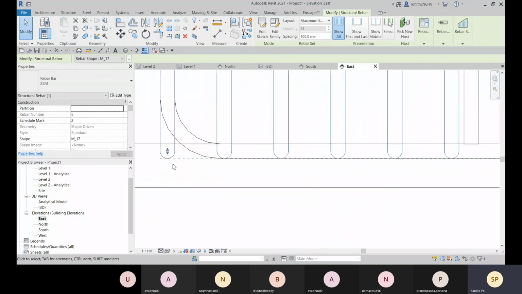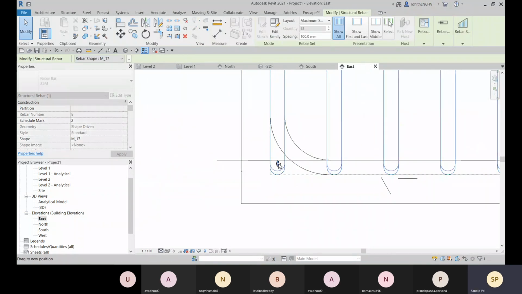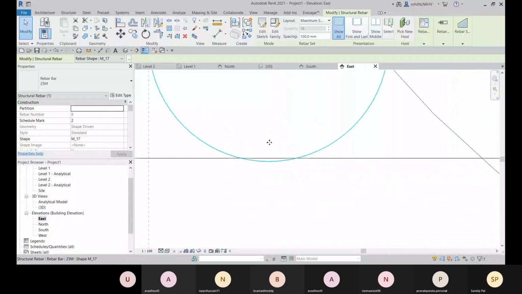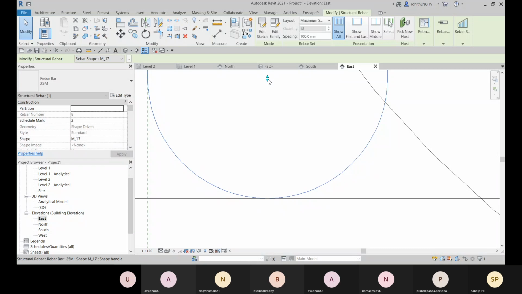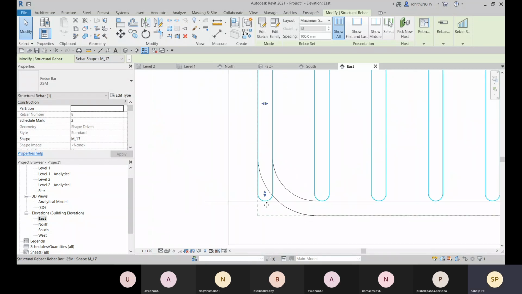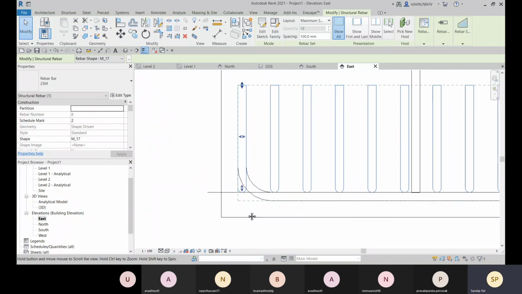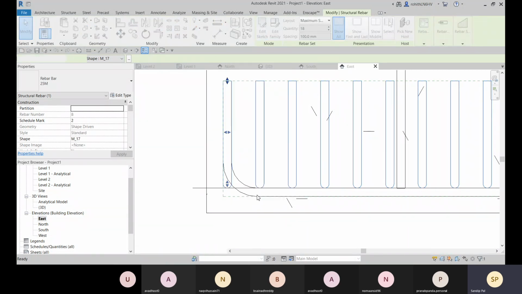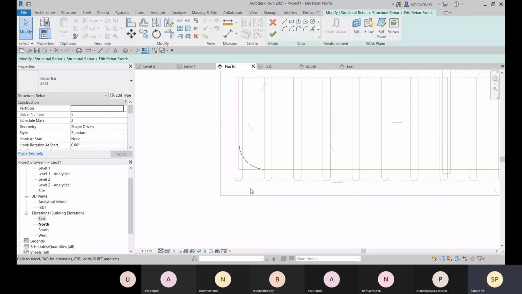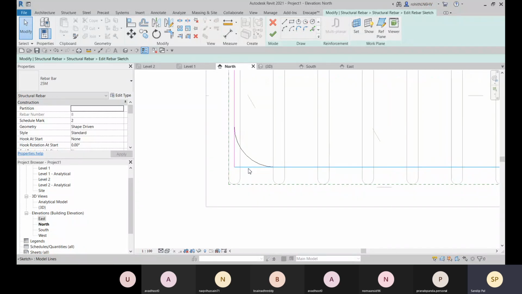And then let's select and then drag it till there. We'll see snaps, or else you just have to match it till there. Or else what you can do, you can just go to edit sketch option, and then go to north view there. And from there, you just have to check the distance.